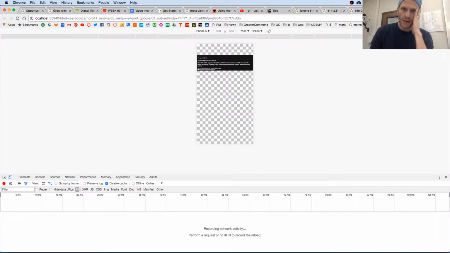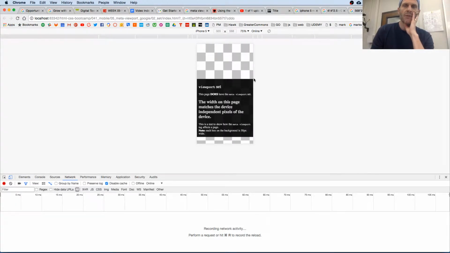So here's no Meta Viewport. And that's 568 pixels, 320 pixels wide. And so each of these boxes was 50 pixels. We have 100, 200, 300, 400, 500, 600, 700, 800, 980. Mobile phones like to just take a page and say, hey, we're going to show it on 980. That's no Meta Viewport. Here we say Meta Viewport,